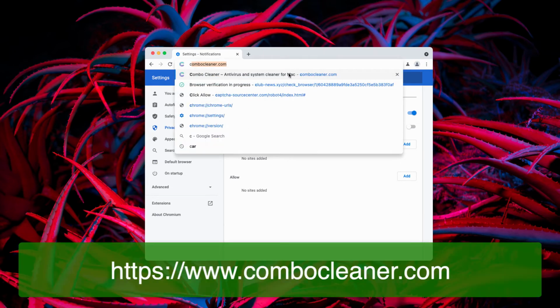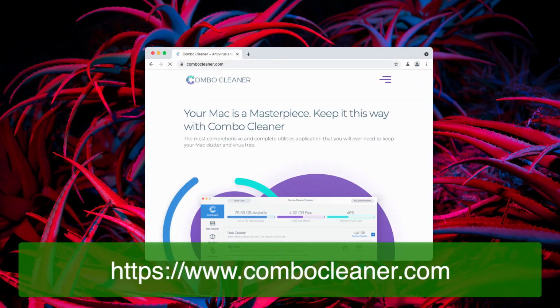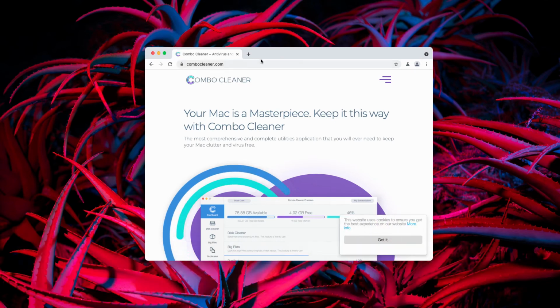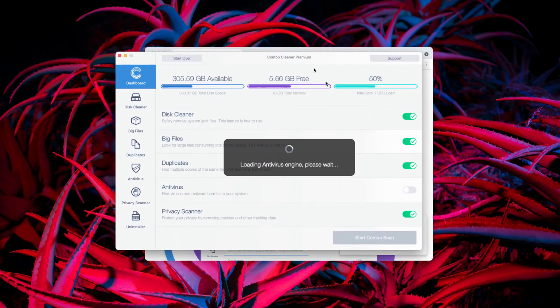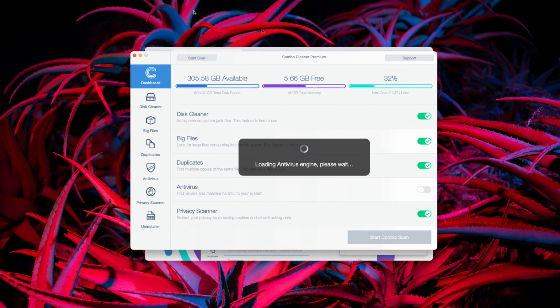My final recommendation is that you perform an additional checkup of your Mac computer with a reliable antivirus, for instance with Combo Cleaner antivirus for Mac. You may get it on the page combocleaner.com. So after the application is downloaded, click on Start Combo Scan and let the program perform the complete investigation of